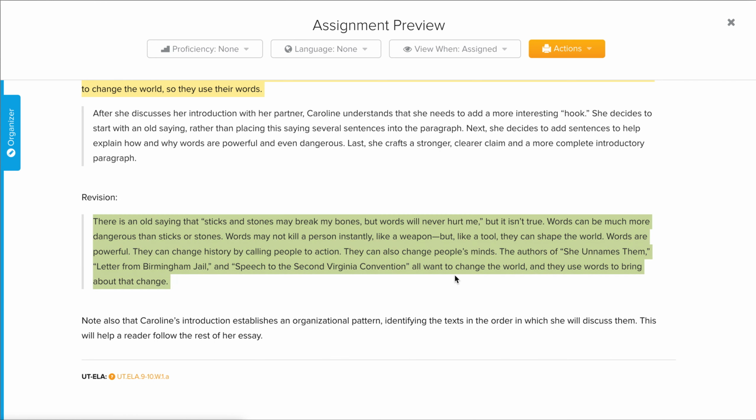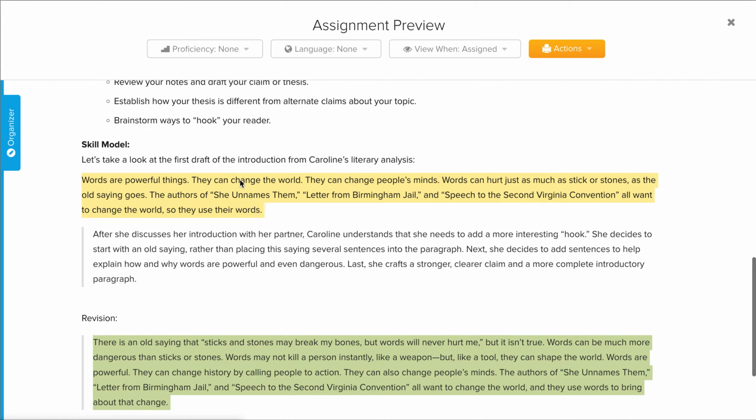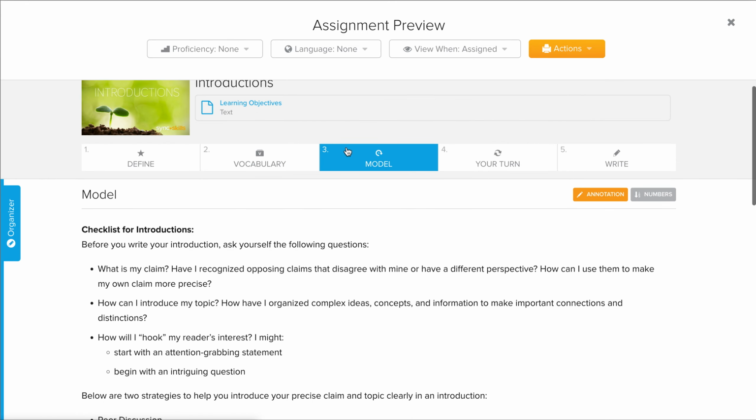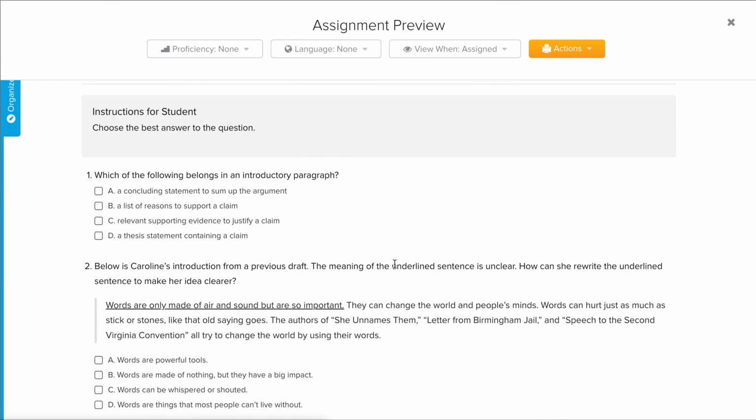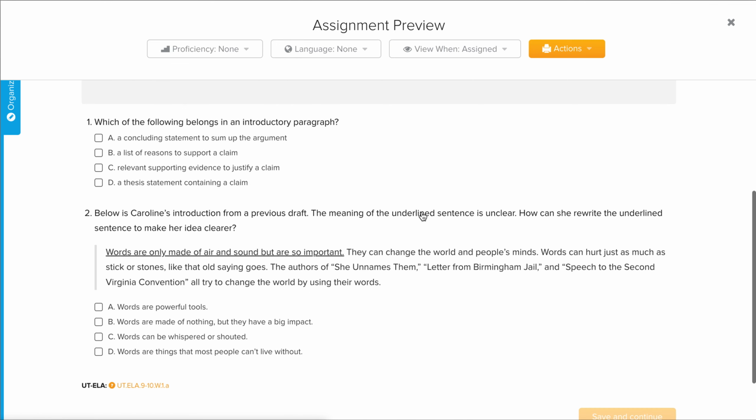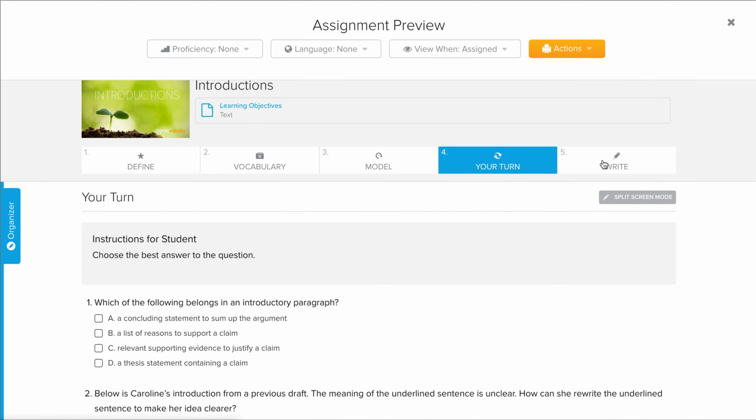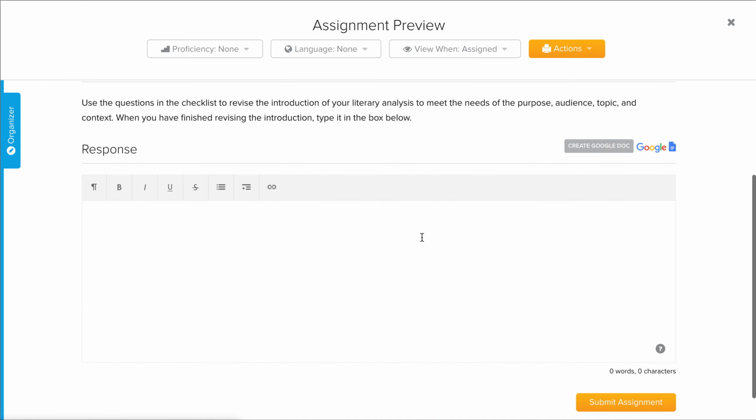And I also agree that she clarified her thesis statement by adding a little bit to the end: all want to change the world, and they use words to bring about that change. It just makes it a little bit clearer to read and understand exactly what it is that she's saying. So I think that she did a great job of revising this. When you're finished with this, we'll continue forward with our tabs. Move to tab 4 and just do the couple of multiple choice questions here and check your own results for understanding. After that, let's go to the right tab, and this is where you're going to work on your own